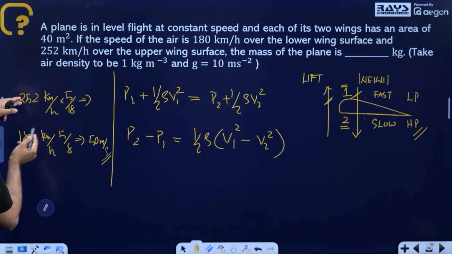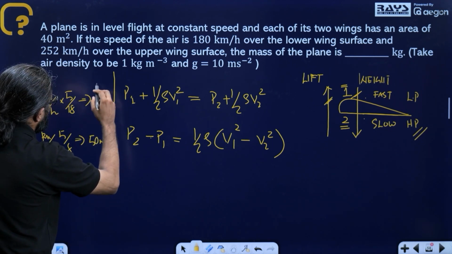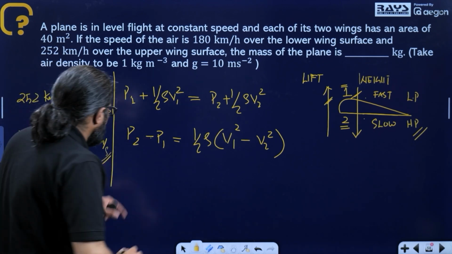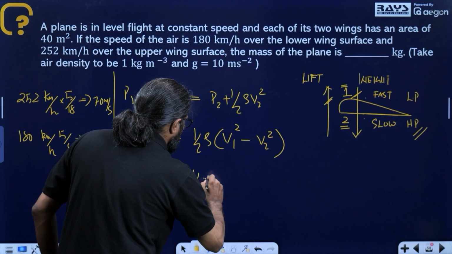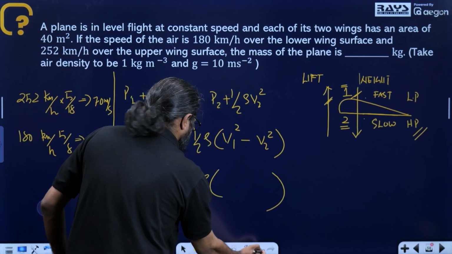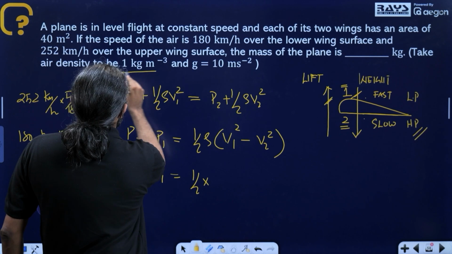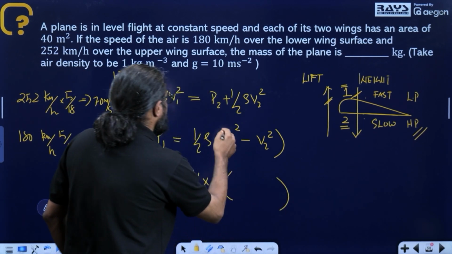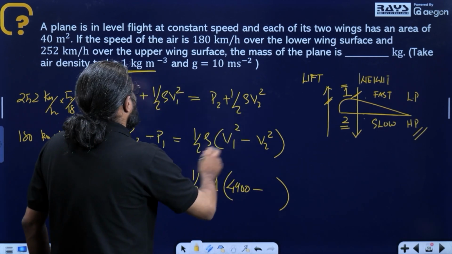72 by 18 addition of 120 in a base, which actually means 14 into 5 is 70. That is 70 meters per second here. So here we'll have P2 minus P1 will be equal to half into rho into, let's give the values here. Half into rho, they have asked us to take 1 kilogram per meter cube. So 1 into 70 square will be 4900 minus the other one